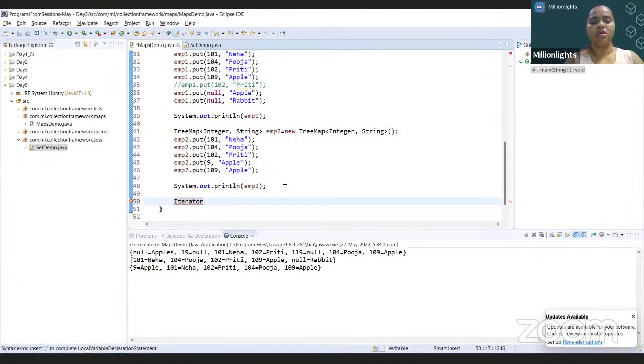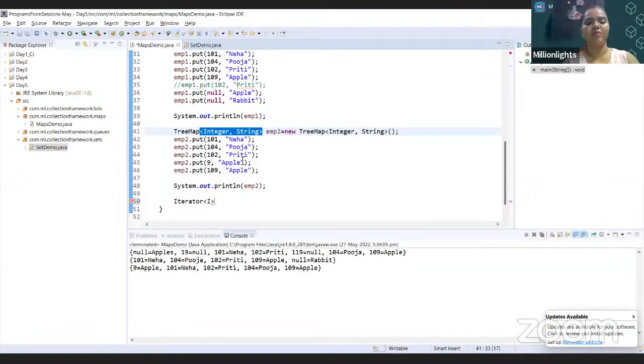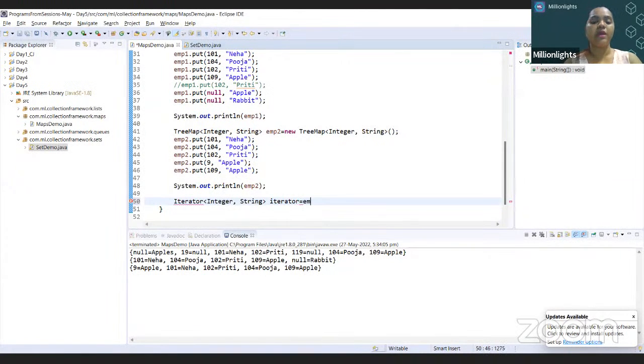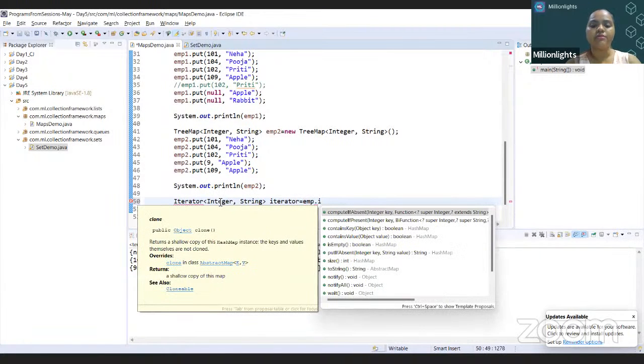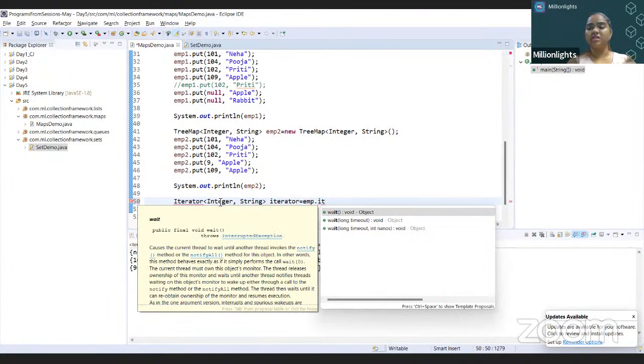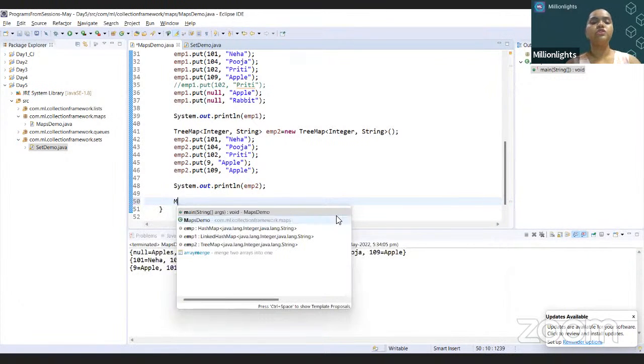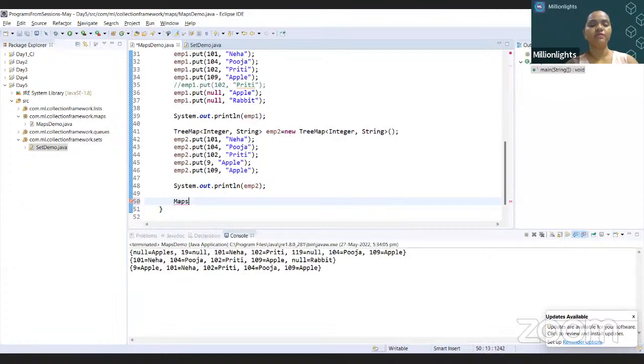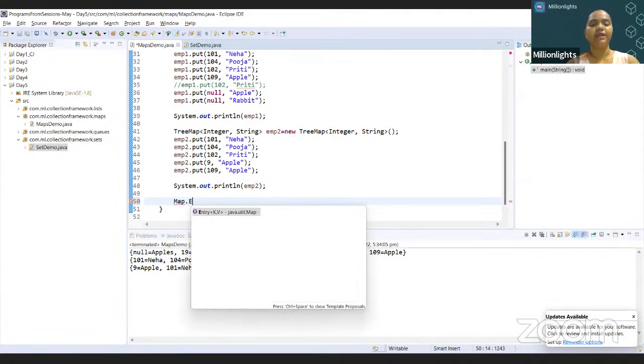It's quite difficult, right? So I need to create an iterator of these two types for any of the three things that I am presenting. So I am creating an object equal to emp.iterator. As I can see in here, there's no iterator present because iterator can implement only a single object value. So now if I have to iterate on this, how can I do this? How can I iterate on maps? For a map, iteration can be done using map dot